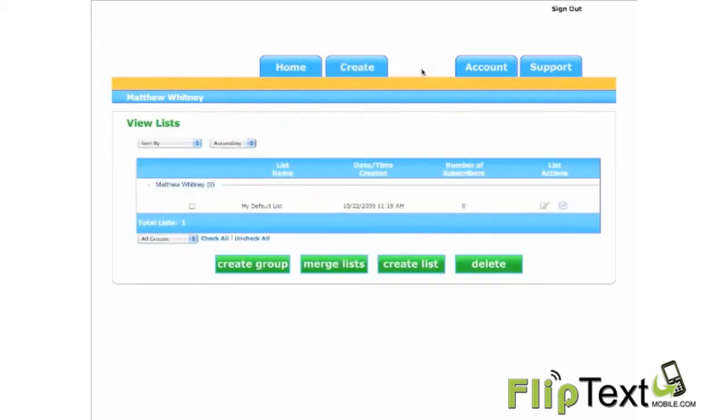We also then have our lists. Right now I currently have my default list, and this is the list where we're storing those opt-in numbers. And again, we're going to go into managing our lists in a later video. The most important thing we want to talk about right now is getting our keywords assigned to our account. So we're going to go to our account page,